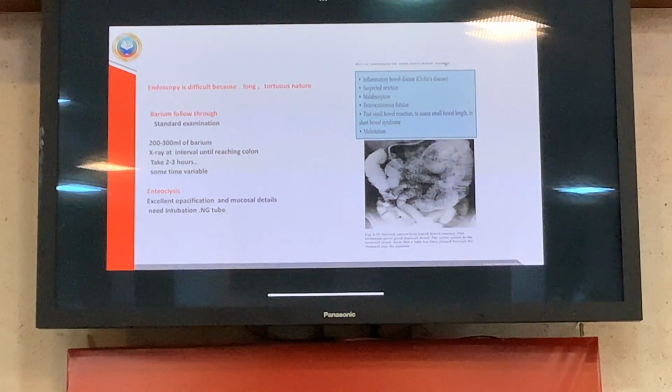I think we have the two last. Endoscopy in the small intestine is also done or beyond. In the small intestine endoscopy